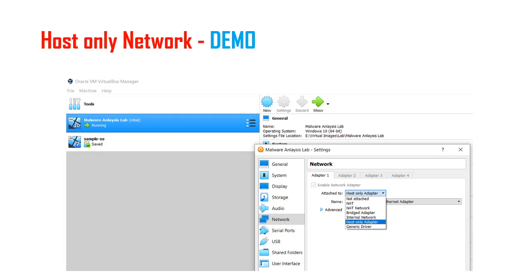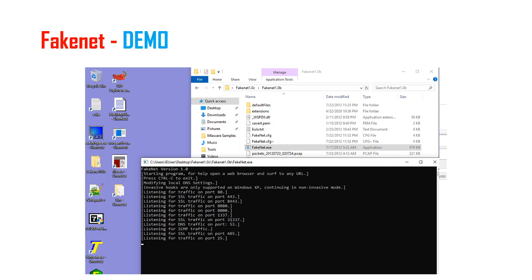Some malware has been designed in such a way that it will exhibit its behavior only when it communicates with the internet. So for that, I am installing a software called FakeNet. While installing this software in my virtual machine, it will make the malware believe that it is present in an internet communication. So I will show these 3 demos.